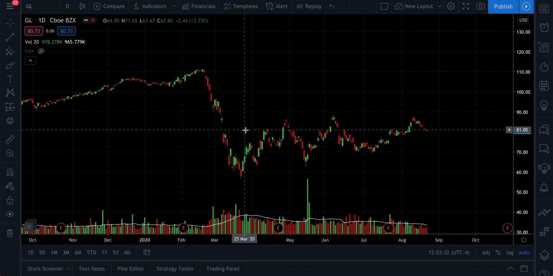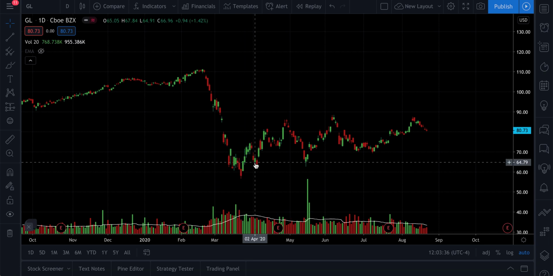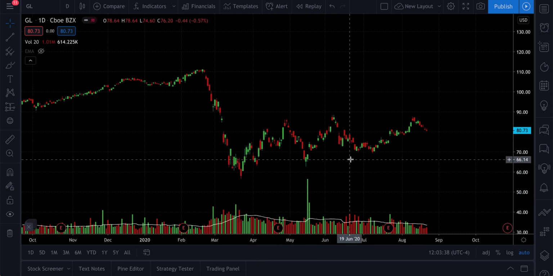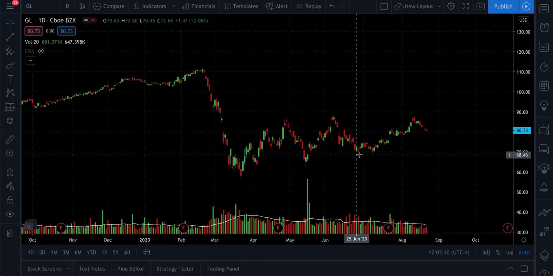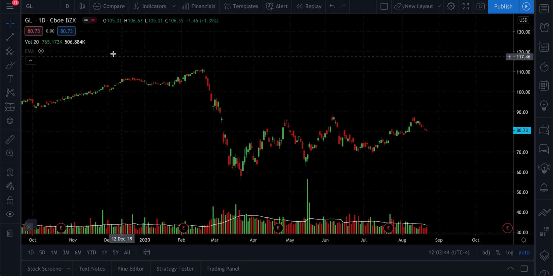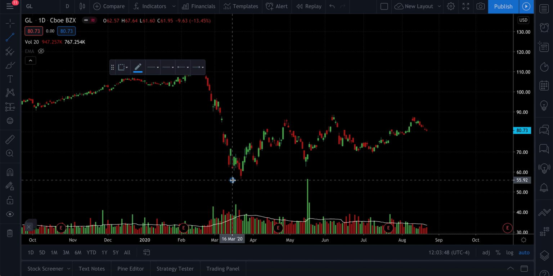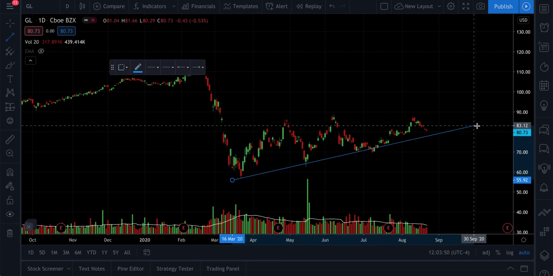So around there. See, if you look at that, your swings are lower, lower, lower, but if you look at the big picture, your lows are higher, higher, higher, higher, right, and your highs are pretty much on a horizontal line. So if you make a trend line right here, let's say like right here,